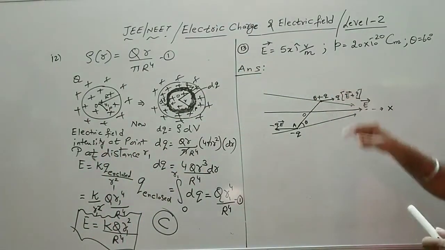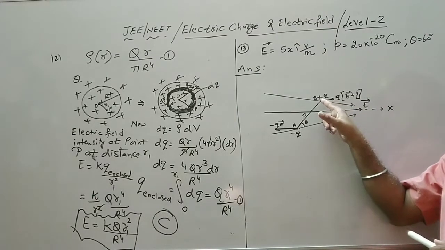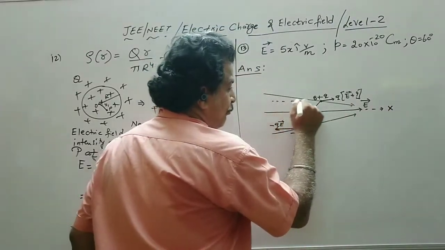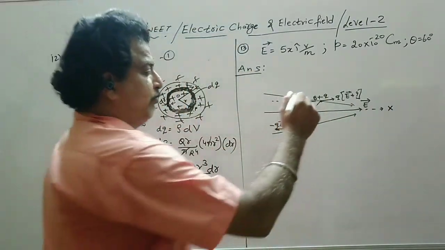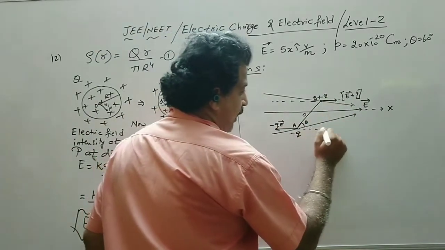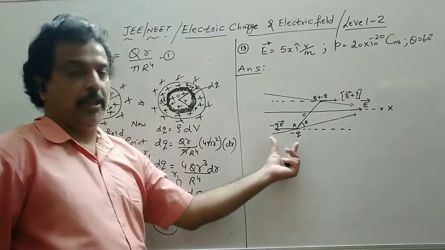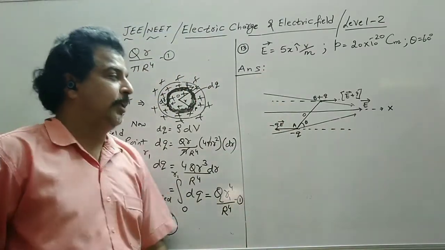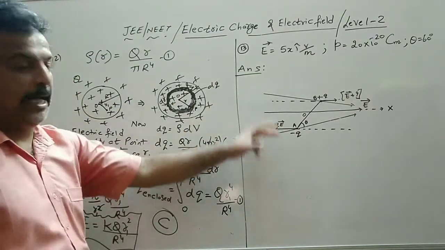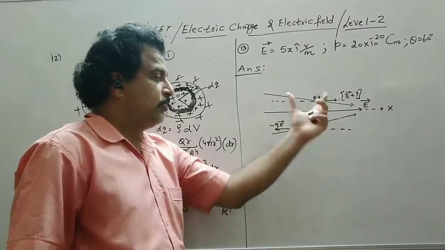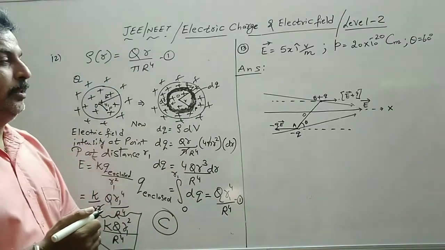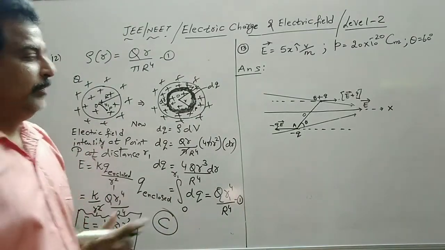So clearly both the forces are separated by a perpendicular distance. This is the line of action of the first force, that is the force acting on the plus Q charge, and this is the line of action of force for this charge. So clearly there is a perpendicular distance between these two charges of the dipole. So we will try to find out the distance when we have a field.